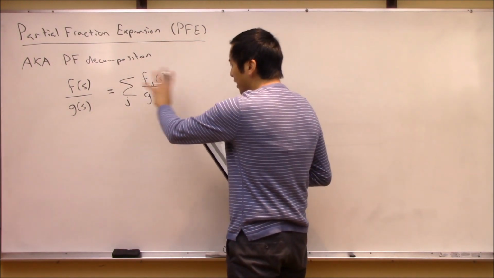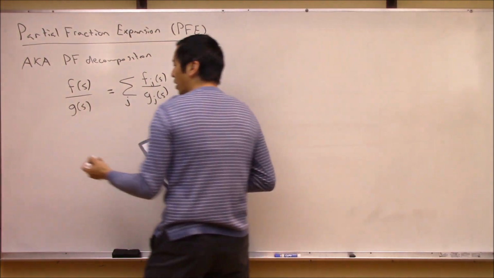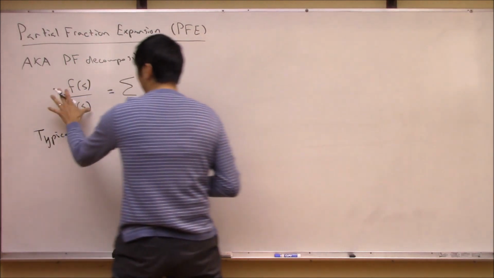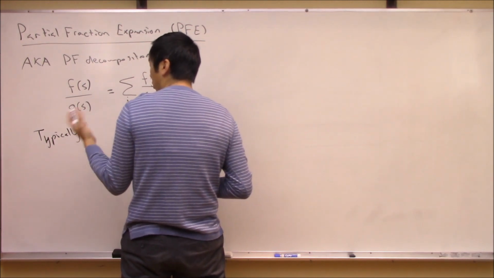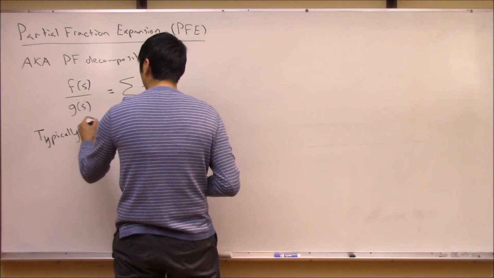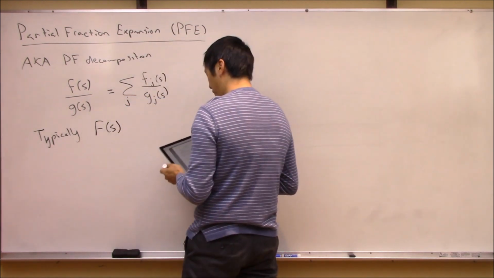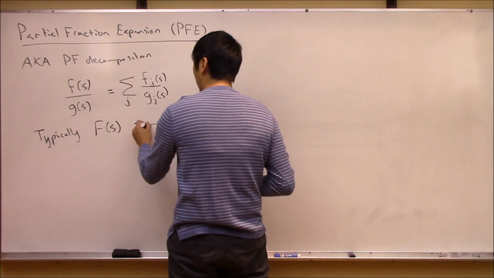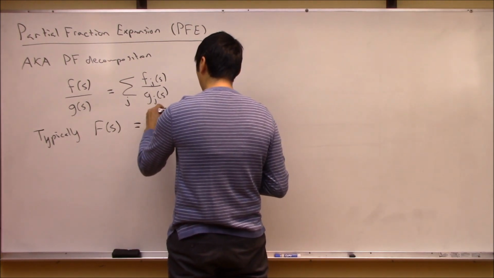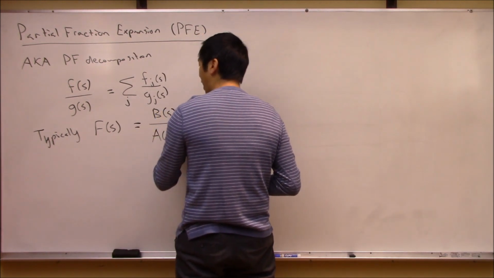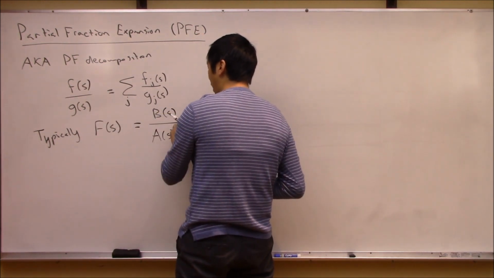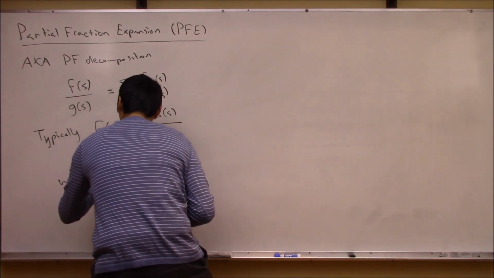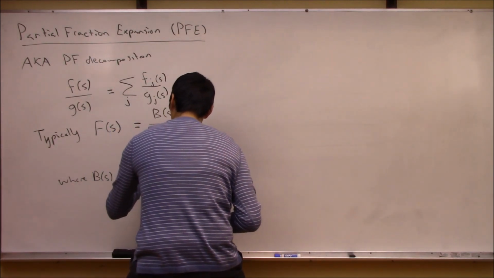But let's get a little bit more concrete, right? This is a general idea. So typically, remember, we're talking about ordinary differential equations a lot, and I think we saw a lot of these complex functions, let's call them capital F of s. And a lot of times these were expressed as the ratio of polynomials. So let's write this here as b of s over a of s. So in this case, we're not saying they're just general functions of s anymore. We're saying that b of s and a of s are typically polynomials